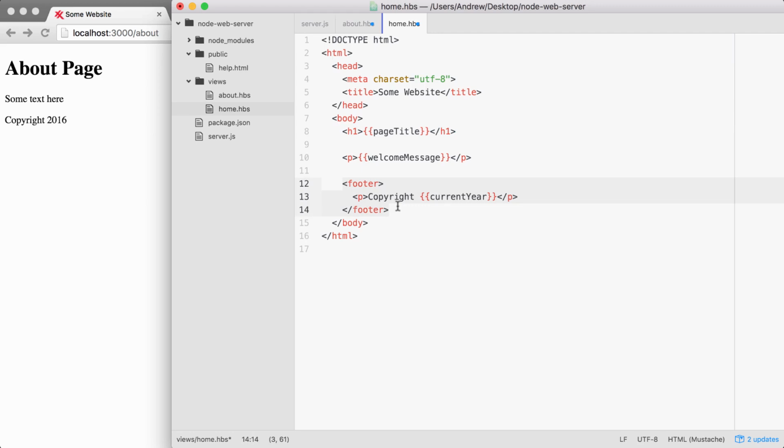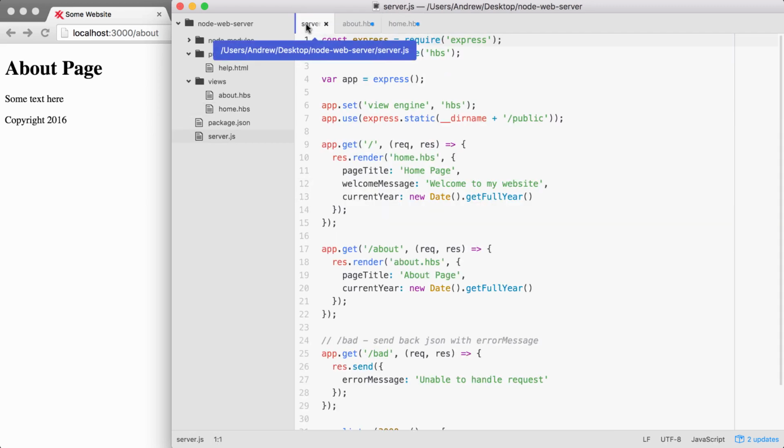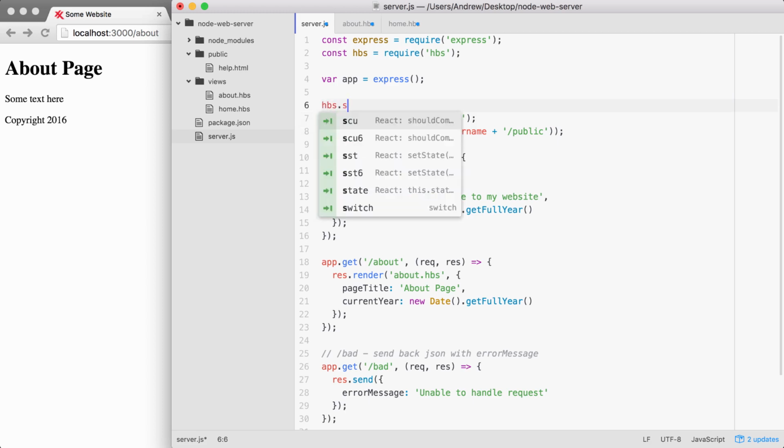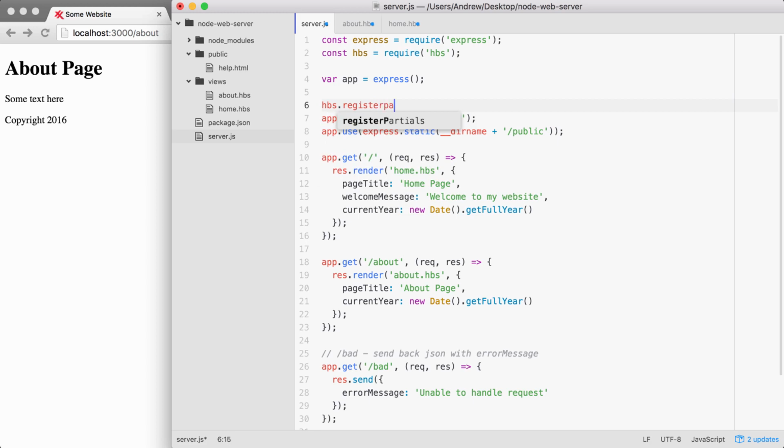In order to get started, the first thing we need to do is set up our server.js file just a little bit to let Handlebars know that we want to add support for partials. In order to do this, we're going to add one line of code right here above where we declare our view engine, and it's going to look something like this. hbs.registerPartials. Now, registerPartials with a capital P in Partials, that is going to take the directory you want